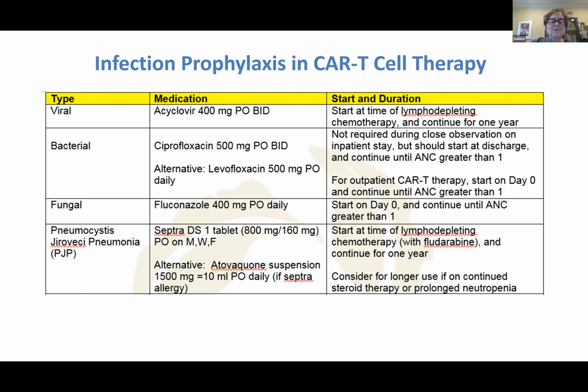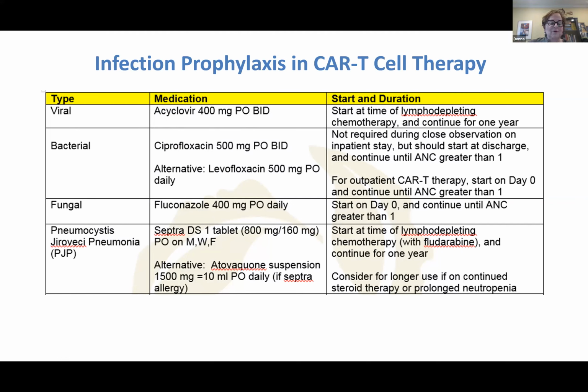Infection prophylaxis is important. We give everyone acyclovir for virus. Most centers will give some sort of antibacterial until the neutrophils recover, and some sort of antifungal. And pneumocystis is an